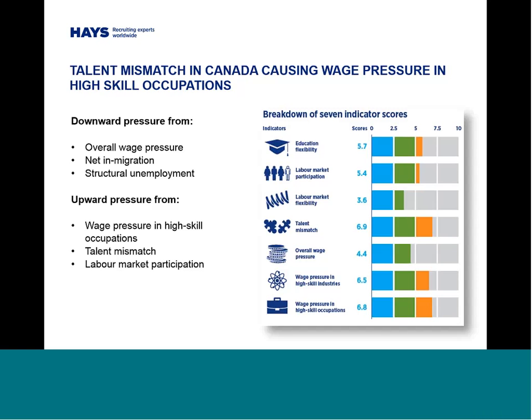Canada also has quite a low score in education flexibility, and again, to explain that, a low score means the education system is actually flexible enough to meet the changing needs of the labour market. The higher the score, the less likely the education system would be equipped to build a pipeline for the future, so that's good news. The highest score is wage pressure in high-skilled occupations, which actually makes sense, and we can